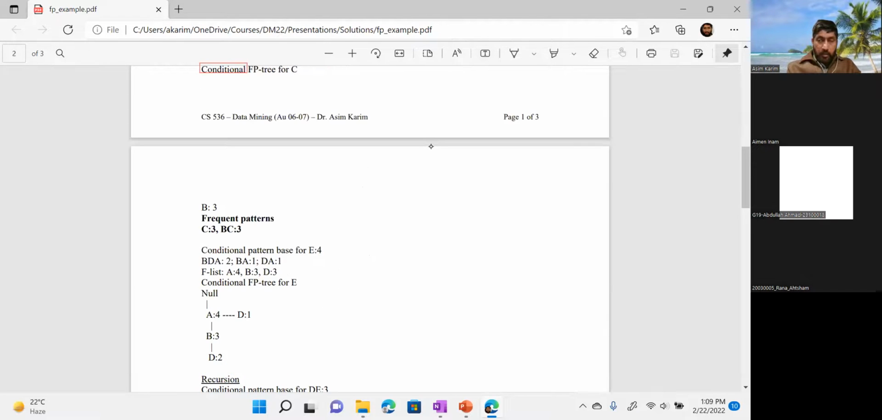B. So B is the only frequent single item, B3. अब इसको फिर हम एक FP tree में डालेंगे. हर ट्रांजैक्शन में देखेंगे, उसको इस F list की तरह करेंगे, and we will get a very simple